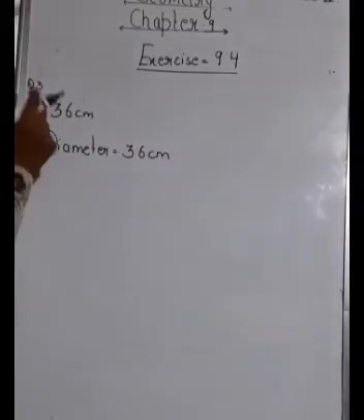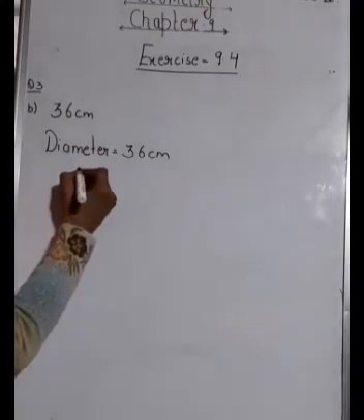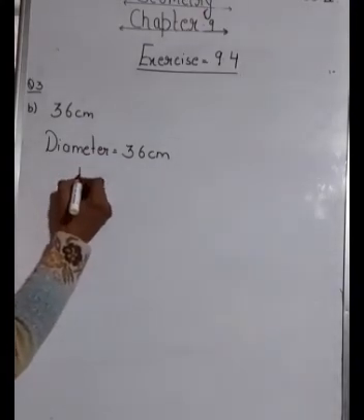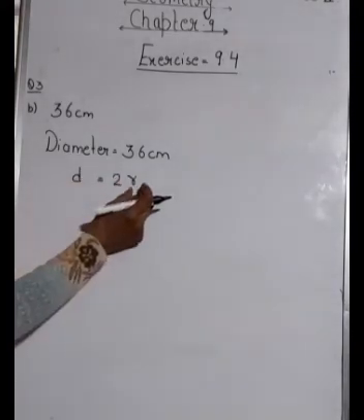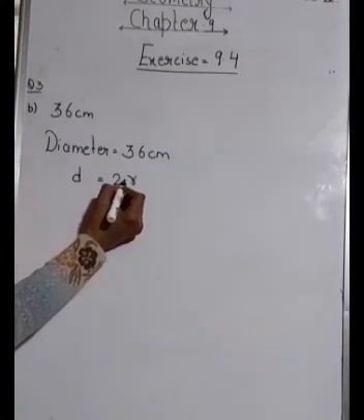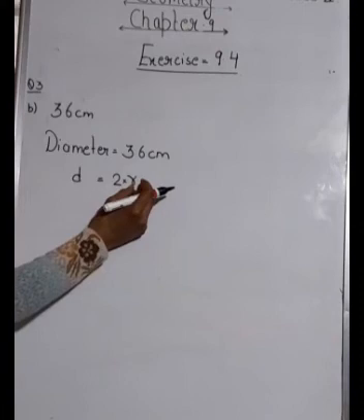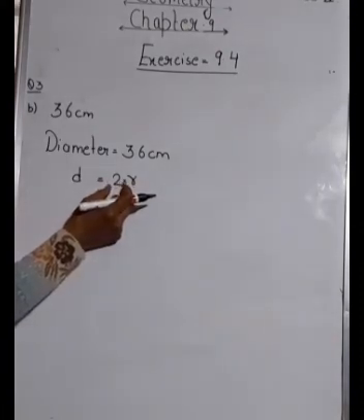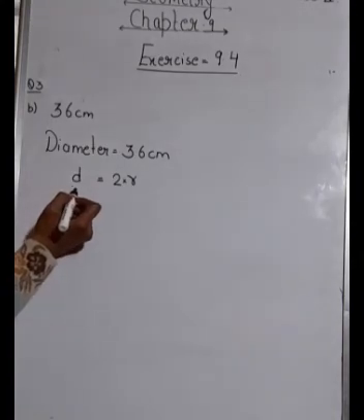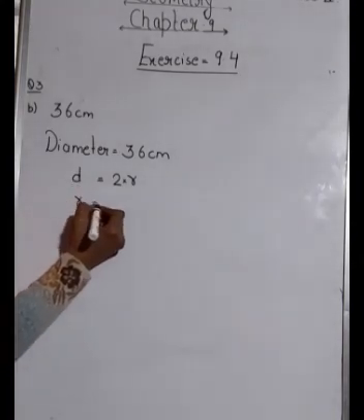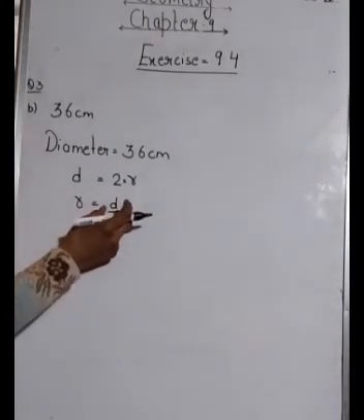Now in question number 3, they have given you the diameter and you have to find the radius. Again we will go with the same formula, that diameter is equal to twice the radius. Now you have to find the value of r. I told you when there is no sign between them, it's a multiplication over here. It means you have to remove this 2 from this side. Now if it is in multiply, it will go to the other side of equals to and becomes division. So your r is equal to d by 2, or radius is equal to half of diameter.